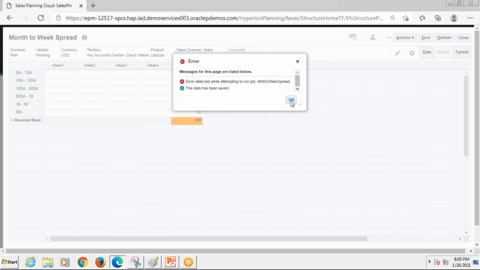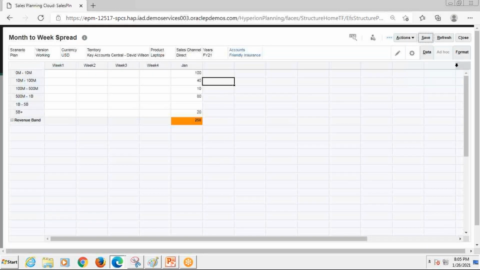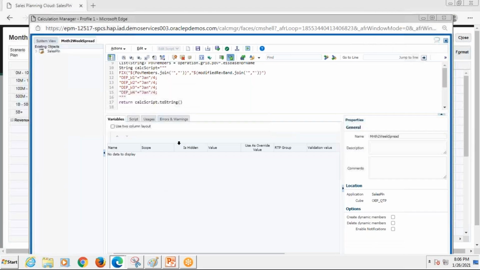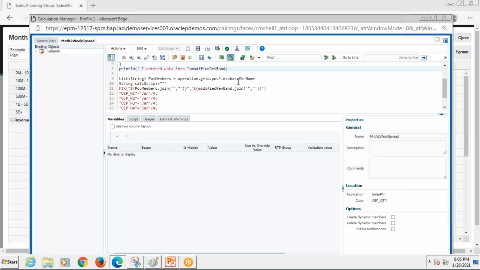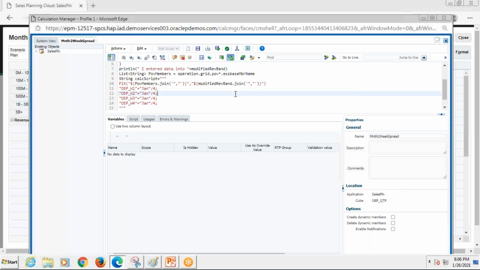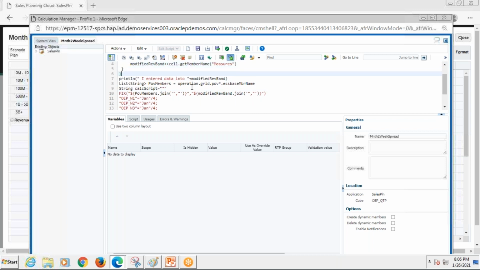Let us see if a minor change is needed to our script. Our script looks pretty good over here. POV members, operation grid POV, space member name, modified revenue. January week 1, week 2, week 3, week 4, all looks fine. Calc script is good. Single quote. Let me see if there is a quotation. There is no possibility of that.